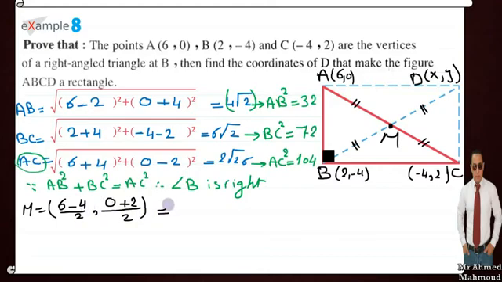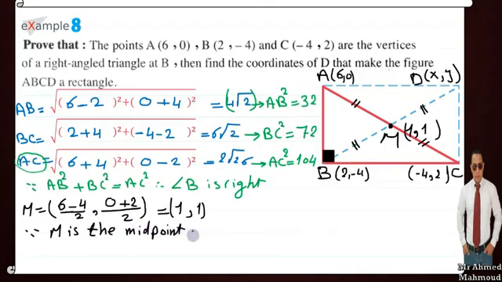It's equals 1 and 1. So M equals 1 and 1, like this. From B, M, and D, I can find the coordinates of D. Here, X, I will, okay, since M is the midpoint of BD,